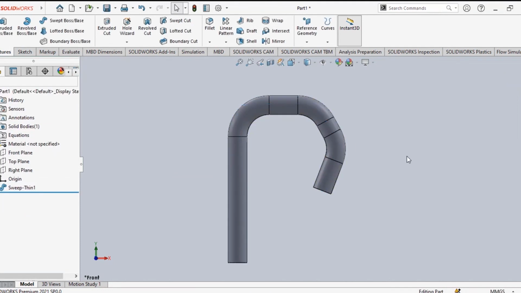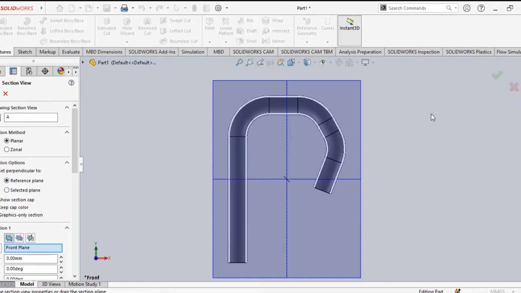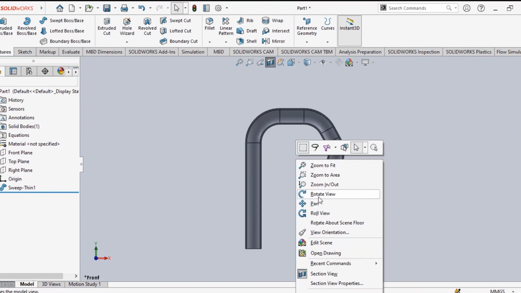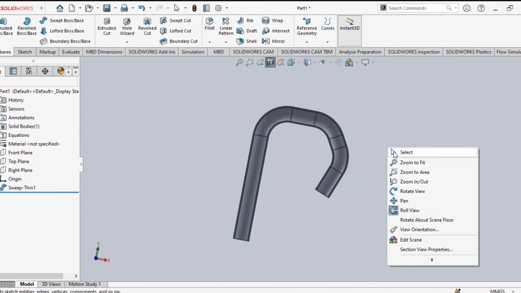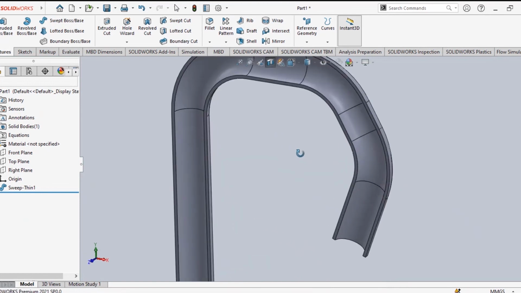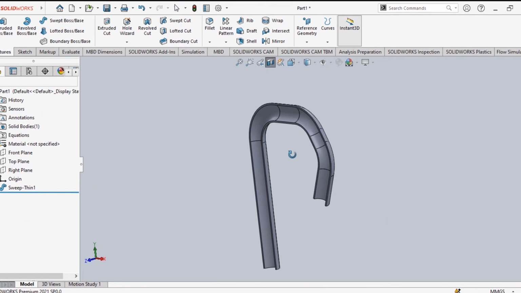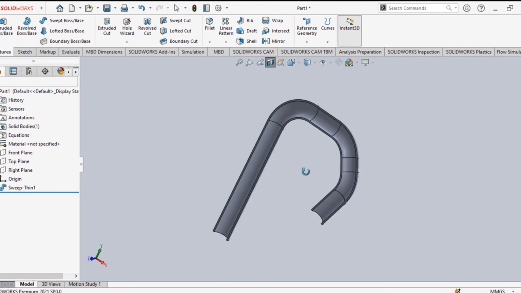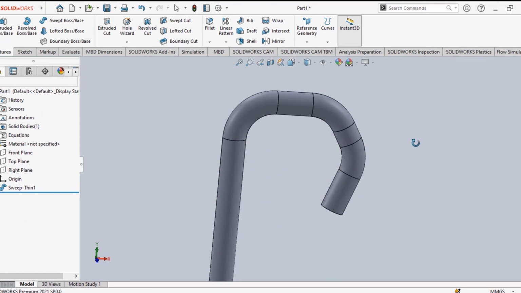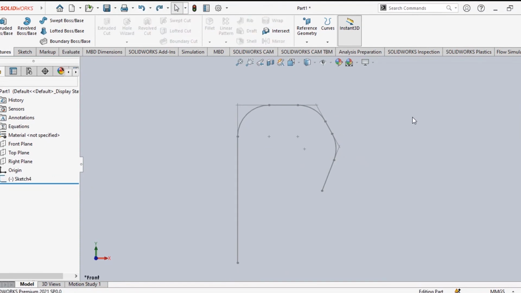Now to understand this in a better way, you can cut this model from the sectional view. Cut it. See, this is the pipe. You can rotate it also and check how this pipe is made. Sectional view. Understood? So what it actually is, is a path, and that path is followed by a specific cross section. We'll undo these things, we don't want these, so this path is made.